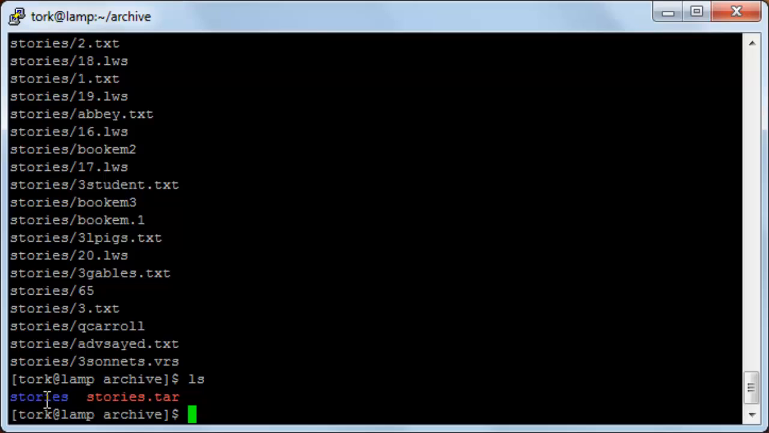Now there are two ways of compression. There is the gzip and the bzip. First we will start with the gzip and we will compress this archived file over here. So I will type the command tar minus zcvf, and then